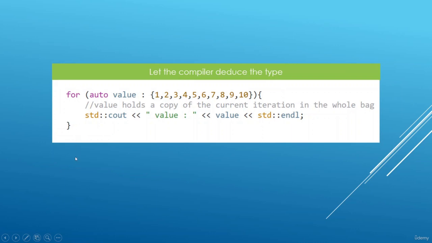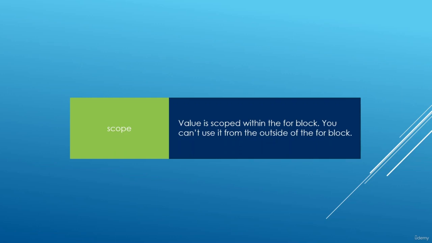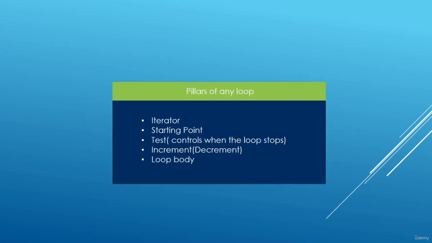If you try to do that, you're going to get a compiler error. And that's what we are saying here. Okay, that's really all I have to say about range-based for loops. The main thing they are used for is to get values from collections like we just did in the slides here,